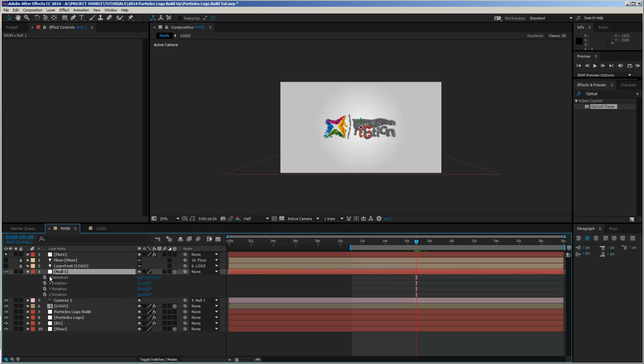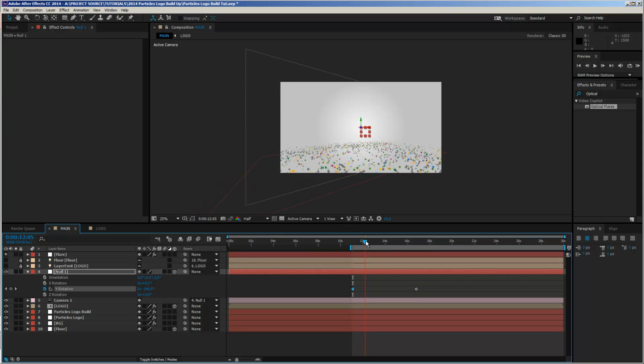So I will open up the rotation keyframes by pressing R on my null object and set a keyframe for the Y rotation. And now I will move back in time, to the beginning of the animation, which is right here, and I will set this to -180. And now let's take a look. You see that now we are traveling around, and now our logo is rising, and in the end it is being revealed. And I will set these keyframes to easy ease.